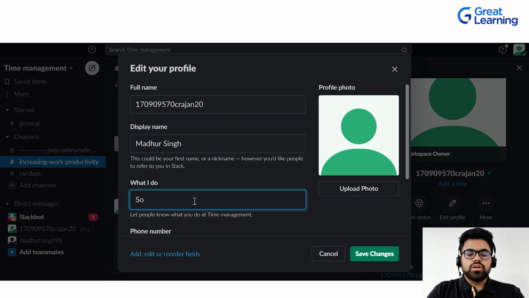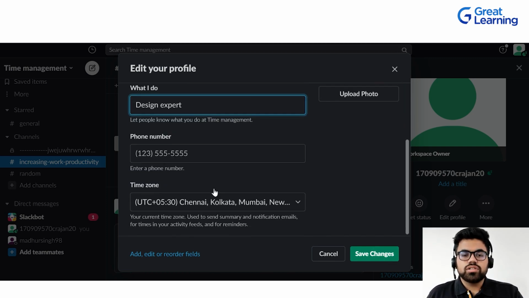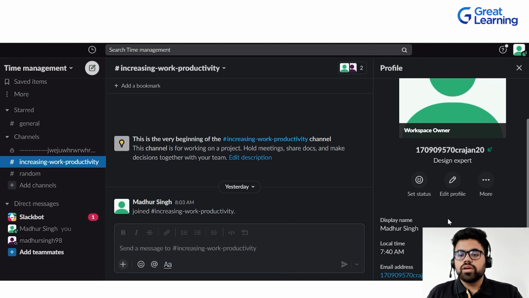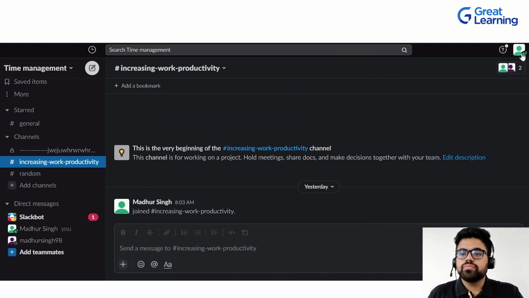Let's say, design expert, right? So I can save these changes. I can add my phone number, where I live, which time zone I am in, and we can save changes. So it will appear in the particular profile menu.